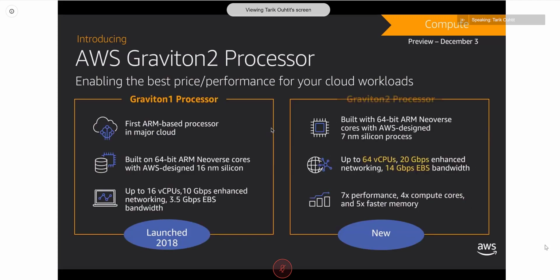The other type of silicon update I wanted to talk about here is our new Graviton 2 processor. So back in 2018, AWS launched our A1 instance. And this was our first Graviton CPU-powered instance. It was the first time ARM, as an archetype, had really made a big headroom into a cloud provider, into a major cloud provider. And it provides